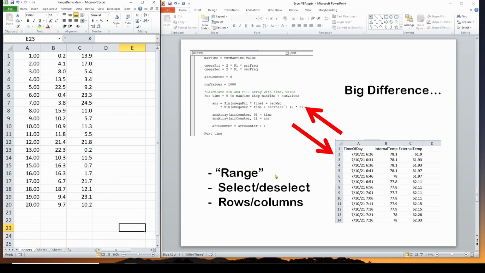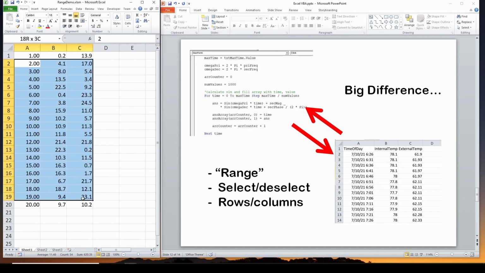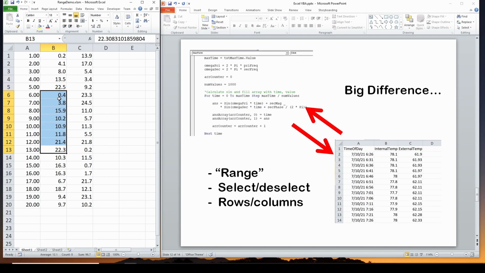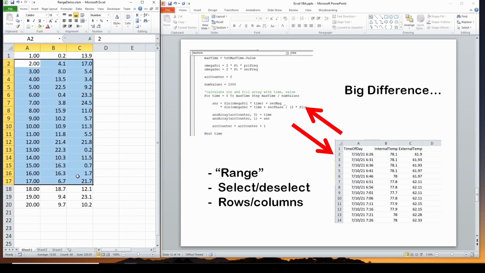and commands inside of Excel in VBA that allow you to access and modify and refer to the cells in your spreadsheet, because everything you do in Excel is pretty much based on these cells of data. You're going to chart them and modify them and do a lot of editing of data. So you need to know how to do that in VBA and Excel so you can write your code and access the data you need to operate on. So in this video we're going to talk about some of the primary commands that you're going to need in VBA in Excel in order to reference and access the various cells